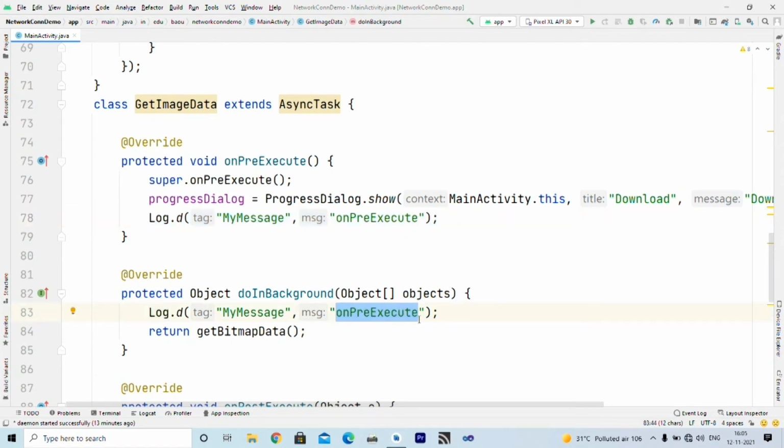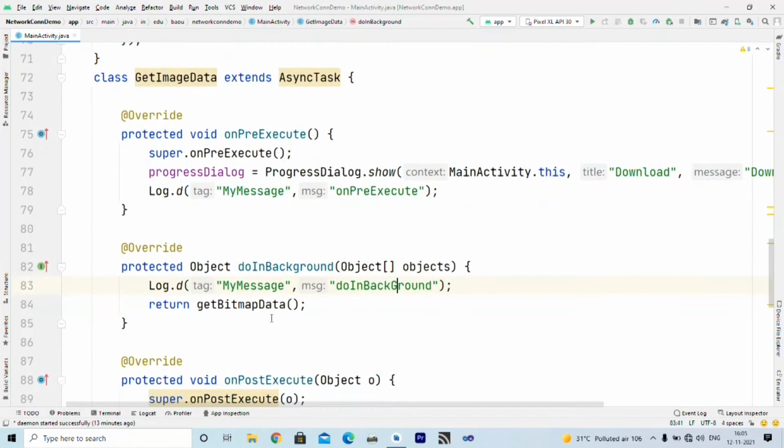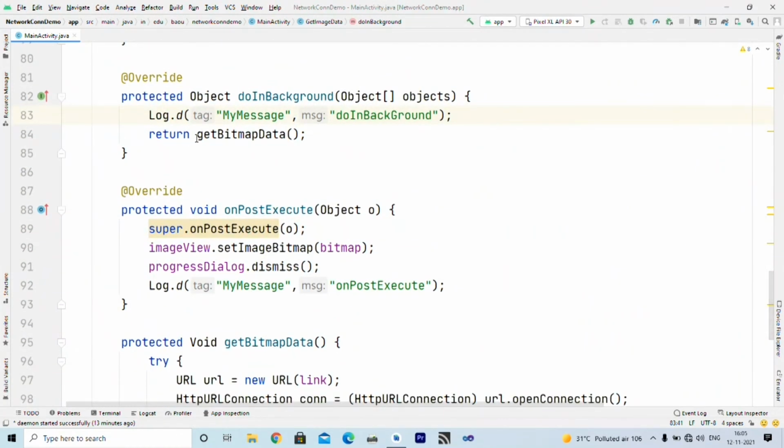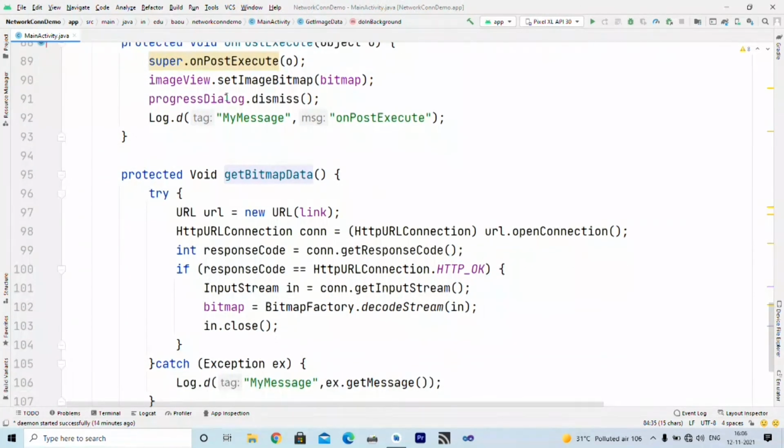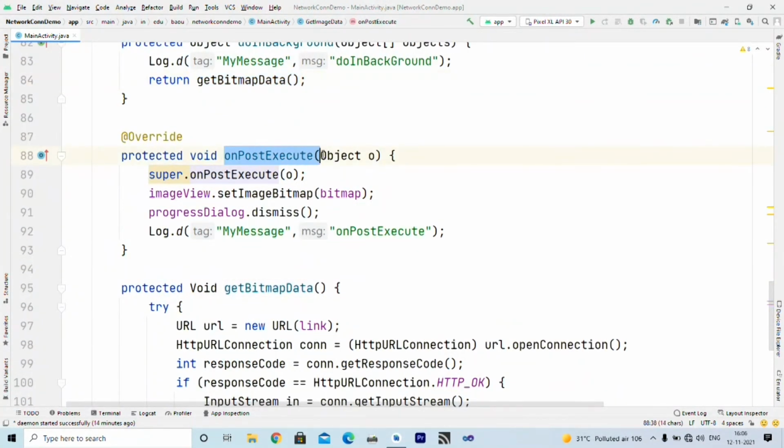Then inside do in background I have called this method get bitmap data. So now our task is over. Then it calls on post execute.